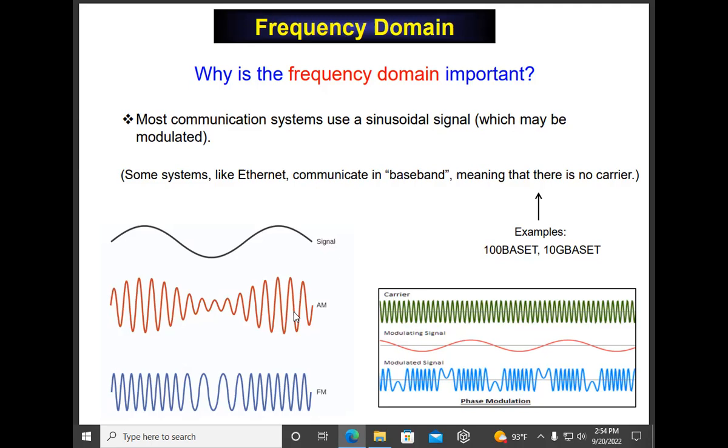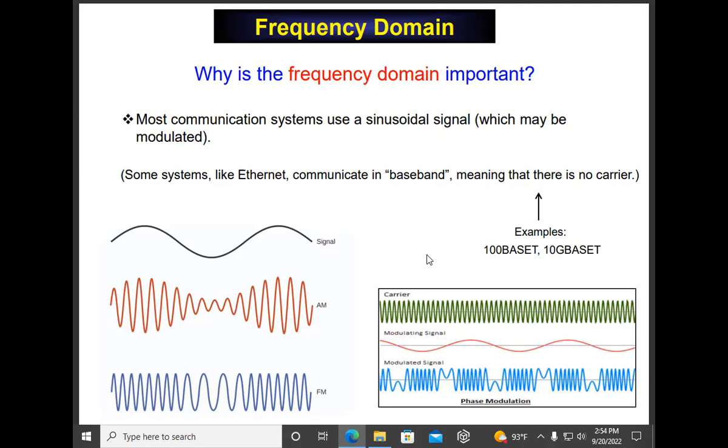Okay? That's what the communication people worry about, but for us, it's just a sinusoidal steady state wave. Phasor theory is applicable to a very good approximation, even though it's modulated. So it's a carrier wave we're talking about here. We'll say sinusoidal steady state. Now there are some exceptions, like Ethernet, one notable one, where it communicates directly in baseband,